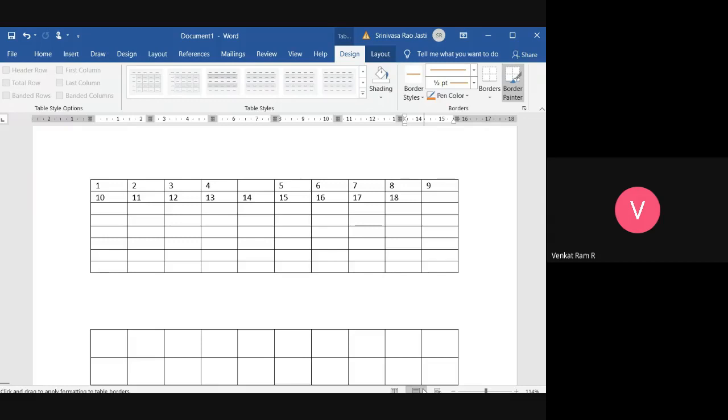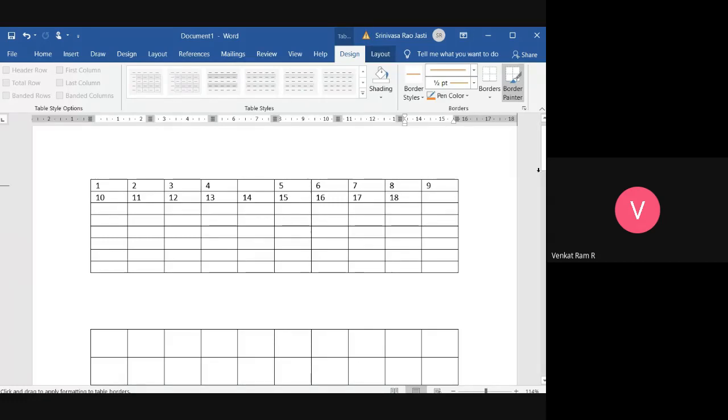Please do remember this. Vertical representation is called columns. Horizontal representation is called rows. Okay. And I showed you how to insert rows and how to insert columns, as well as how to delete rows and how to delete columns. Okay.